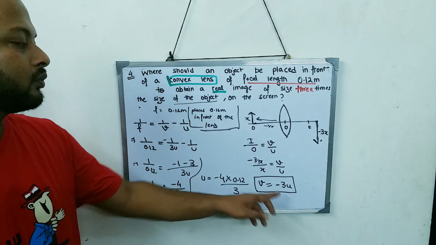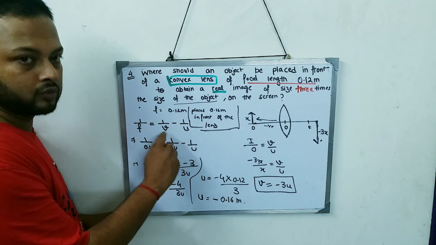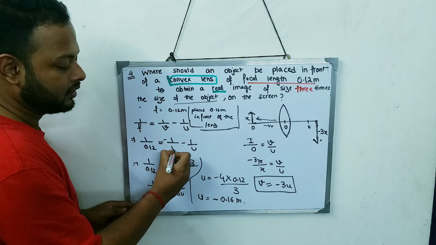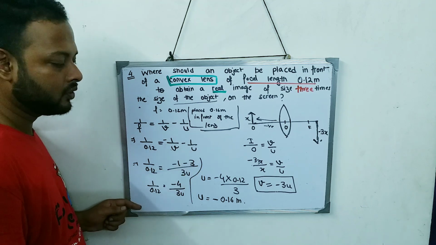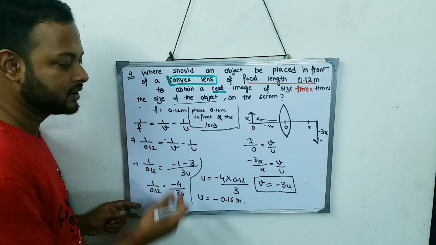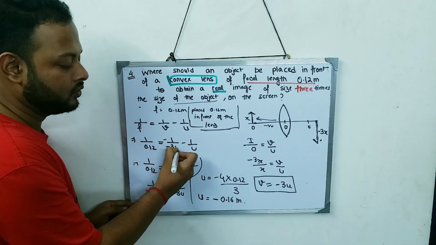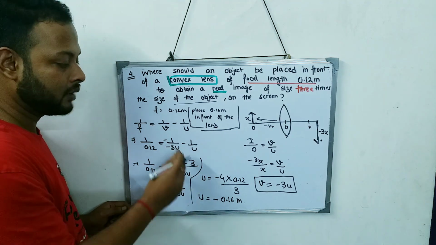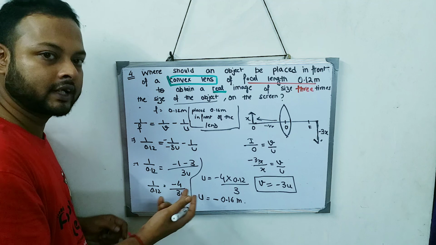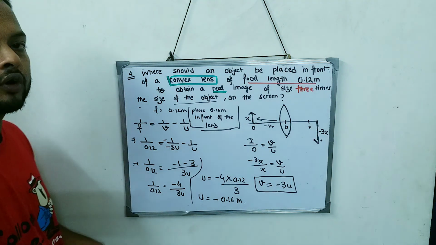So by putting it, what you are doing? You are converting an equation from two variables to a single variable. Suppose I keep it like this, am I able to solve the sum? No. In an equation I am having two variables. How can I solve the sum? This is a dead end. But I keep V as minus 3U. Now see, I am converting from two variables to a single variable. Only U is the one variable, which can be easily solved. So this is how you approach question number 4 of your book.